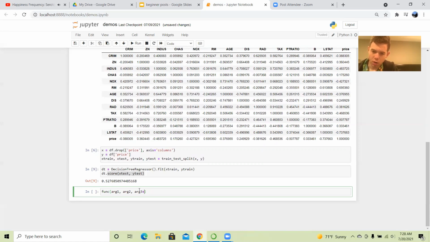And when you have an argument that's equal to something, that means it's a keyword argument. Keyword arguments always go after these types of arguments, which are positional arguments. And you don't have to pass them because they already have default values that they're set to. So you only need to pass a keyword argument if you want to change the value of that particular argument from the default. An example, let's say you have logistic regression, I remember by default